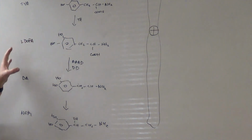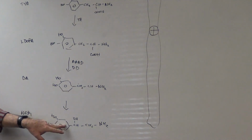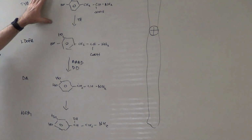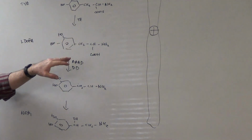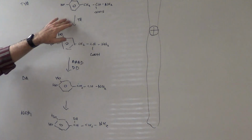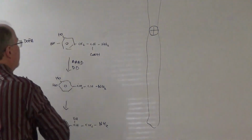Whereas if you give your patient L-DOPA, all the L-DOPA immediately gets converted to dopamine, and if the cell makes it, it'll go to norepi, okay? So once you get past this rate-limiting enzyme, you can give it. So you can't give someone with Parkinson's tyrosine, in the same way as when you eat a big protein meal, a big steak, you're not going to make a lot of dopamine, because it's regulated here. But if you give someone DOPA, then they will make a lot of dopamine, because you bypass this rate-limiting enzyme. So does that make sense? Okay, so when we can't give